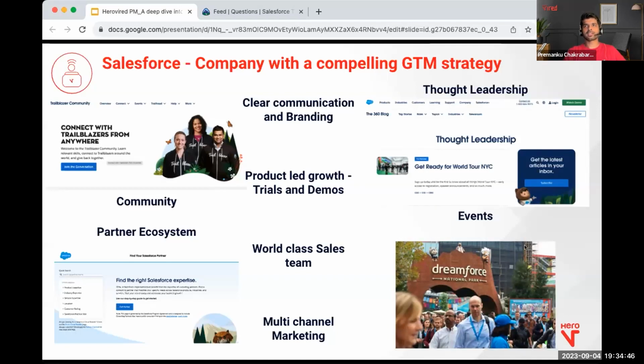And you guys can go and Google Dreamforce, right? Which is their annual event, right? Many other B2B companies also have their annual events, right? So for example, AWS is re:Invent, a couple of other companies have other kinds of events, Atlassian has Team, but